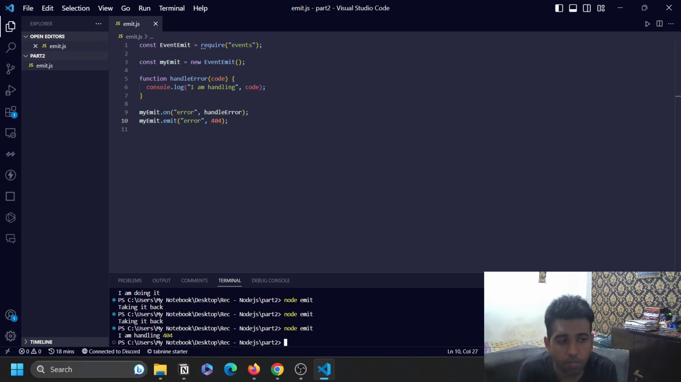So this was the part about emitters, and now you're going to see what buffers are. So how do buffers work? Let's just take